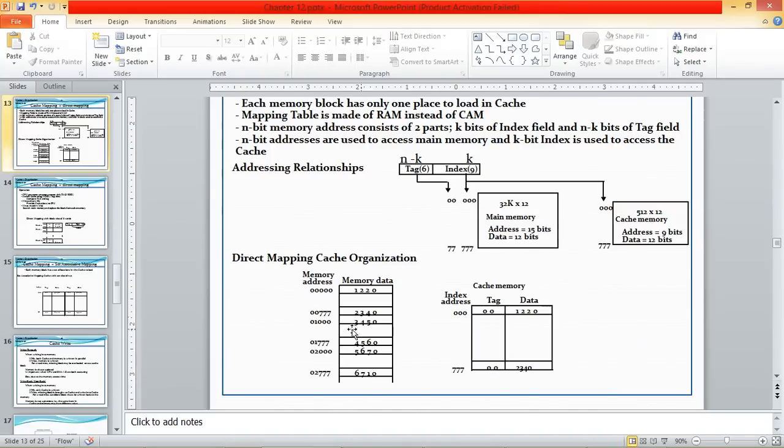This is how your data gets changed according to the mapping, or according to the request, when we shift your data from main memory to cache. Because the cache is smaller, we need a method for how we are going to shift the data and how we can keep track of that data. So that is why this division is done.